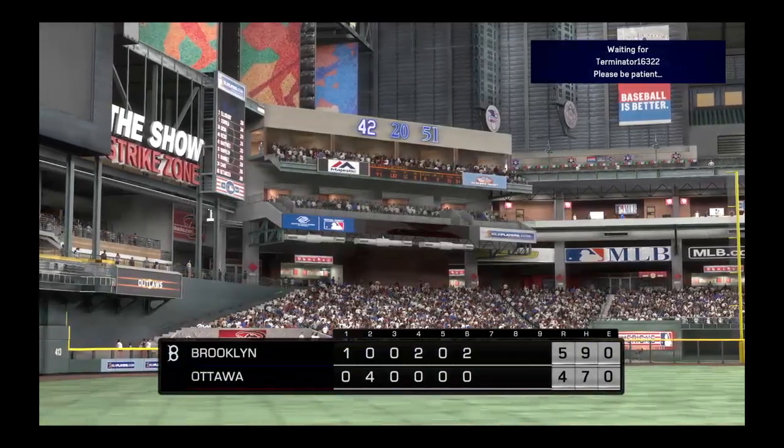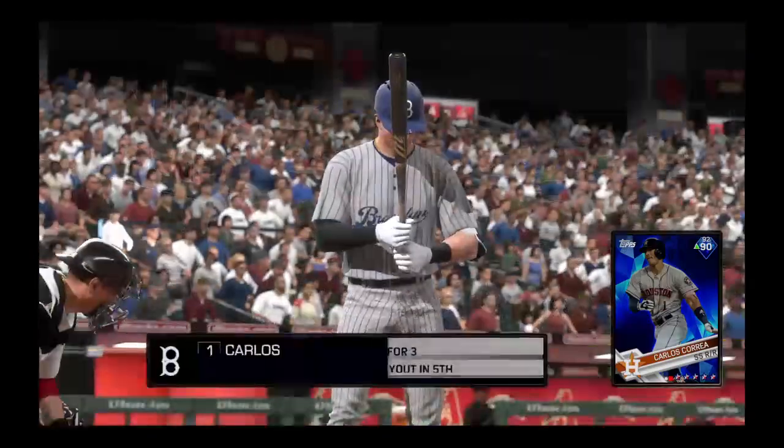Welcome back to Chase Field here in Phoenix. 7th inning straight ahead, but first let's take